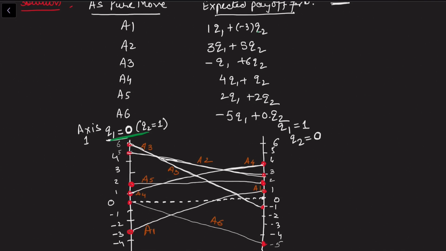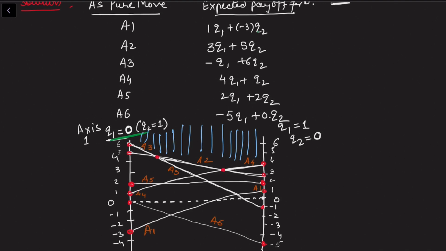Now we can see, because this is the upper envelope, we want to find the maximum and then we want to minimize. So this is the upper envelope for this question. In that upper envelope, we want to select the minimum value, and we can see there are two intersecting points for the minimum value. One is this intersecting point, another is this intersecting point.